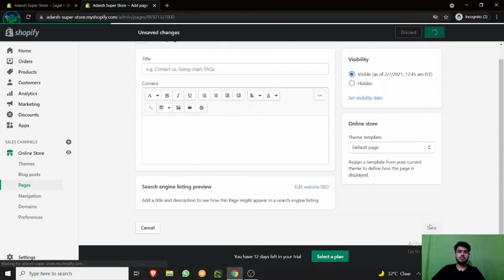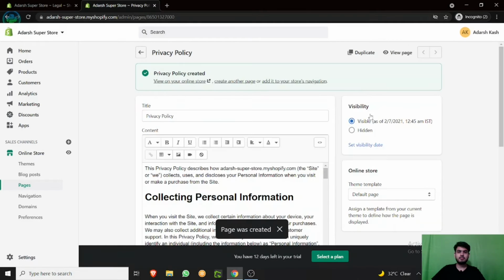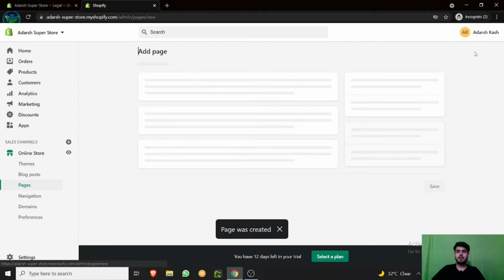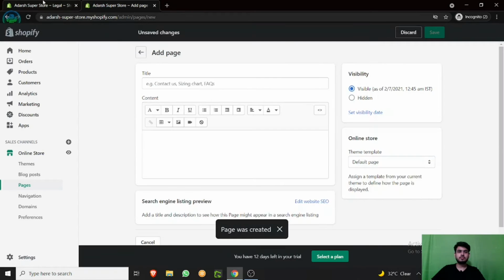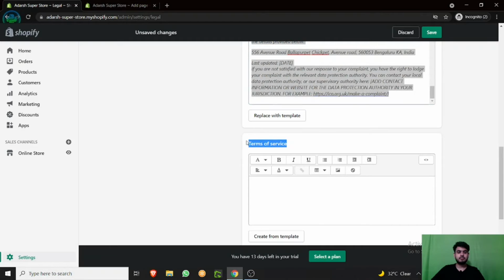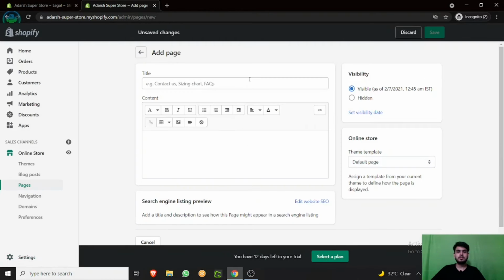Then again save, then back, add page, then the terms of service. See, you just have to copy and paste everything.